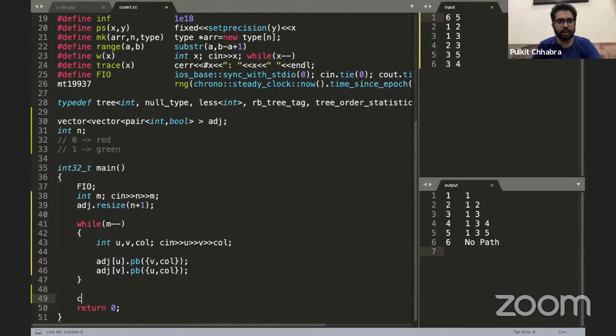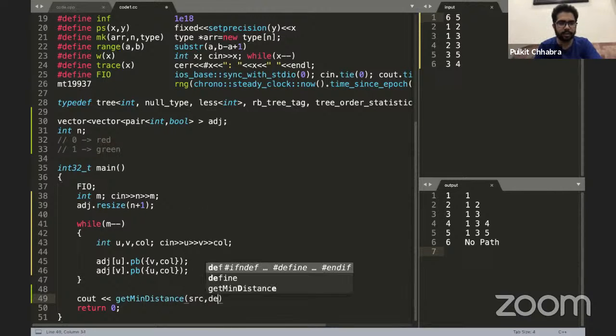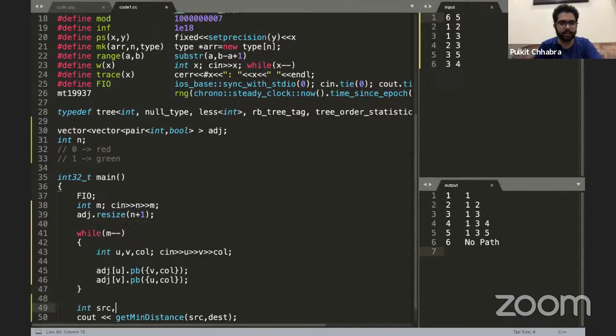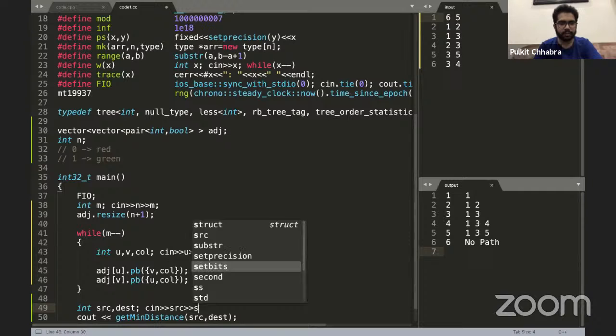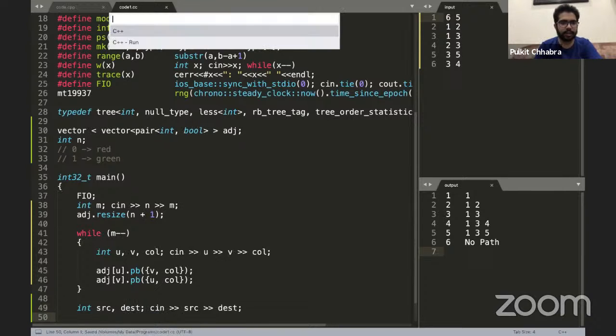Right. So I just say cout get min distance. Also, we'll be getting a source node and a destination node, right? So let's say we have this int src comma destination. All right.